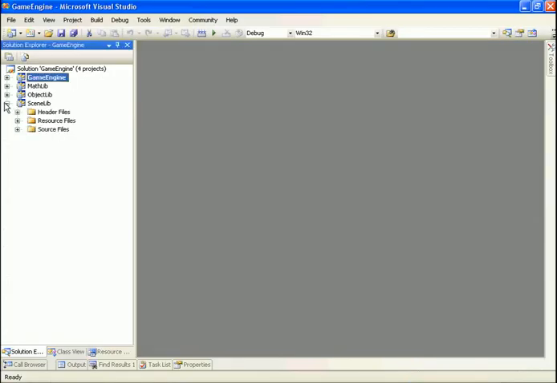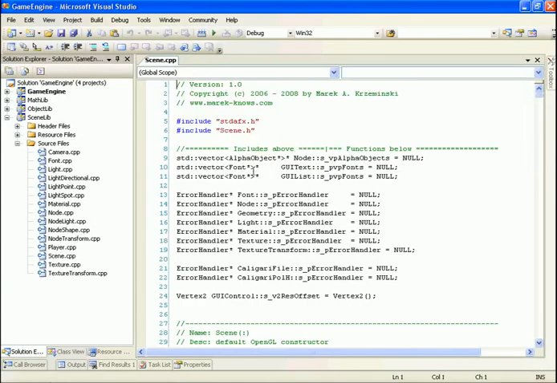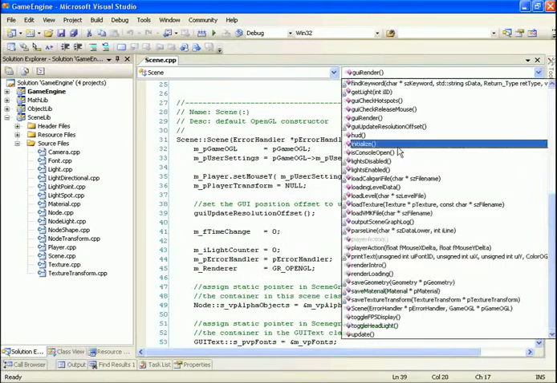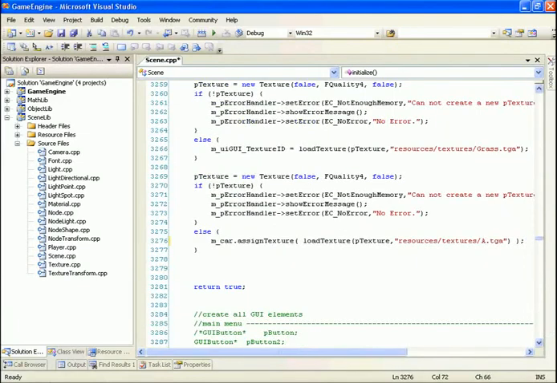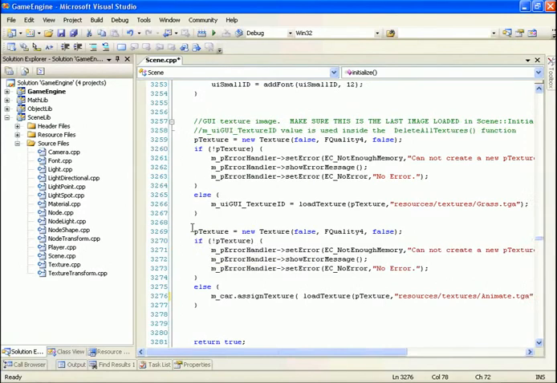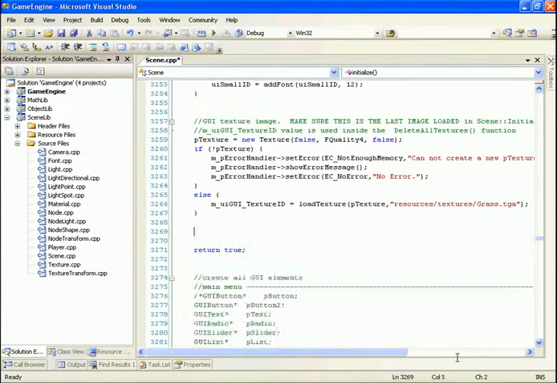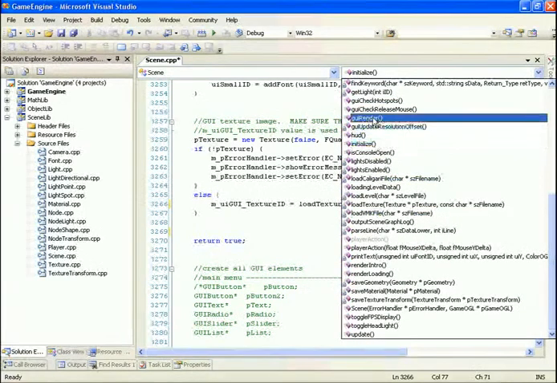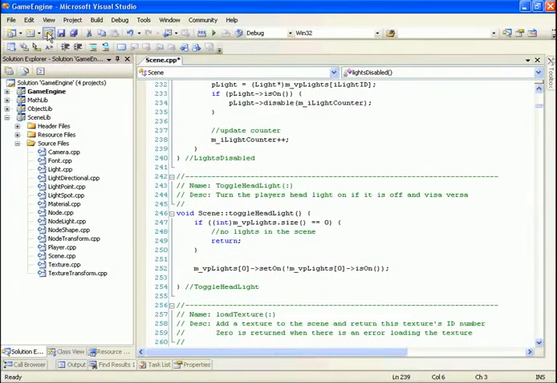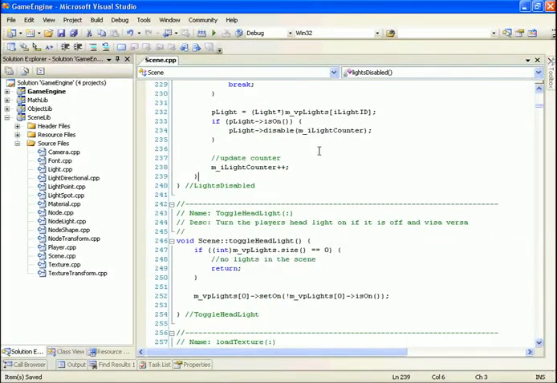Alright, so here's our code. We need to go into our scene class. Inside of our initialize, we need to load that new TGA file. I called it animate. We'll load that into, oh no, that's not where I wanted to load it. We don't need this guy anymore. We want to use this GUI texture ID value, and here we're going to be loading our animate.tga file. Inside of this GUI render function,